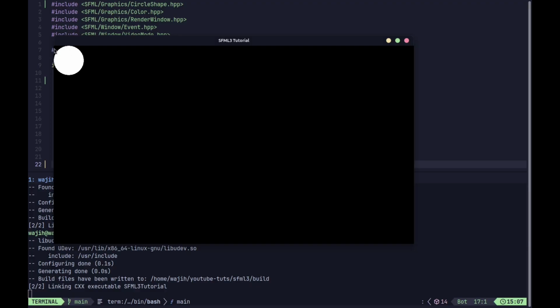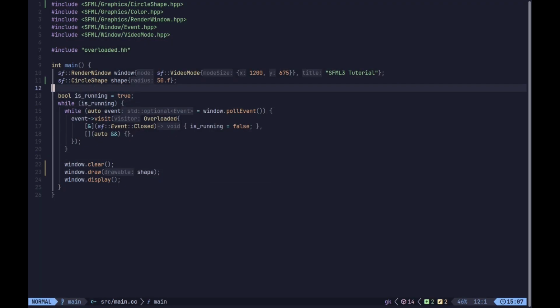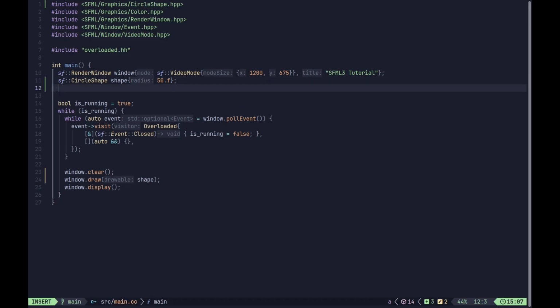So anyway, this is our origin, and for our actual circle, the circle's point of origin is also the top left, which is actually outside of the circle. That is why our circle's center is here instead of being at this corner. Now for games, you often want to have the origin for shapes and objects be at the center, so we